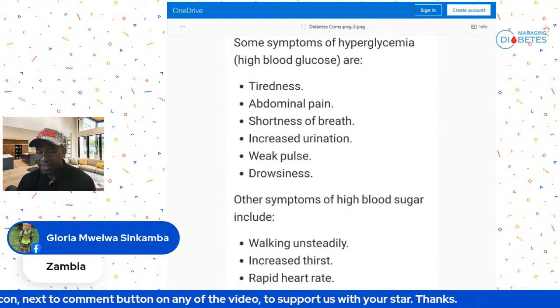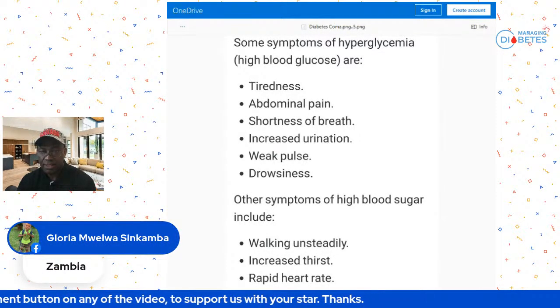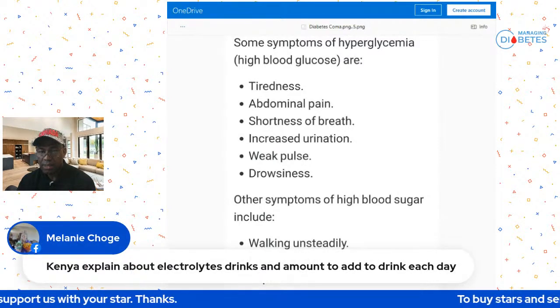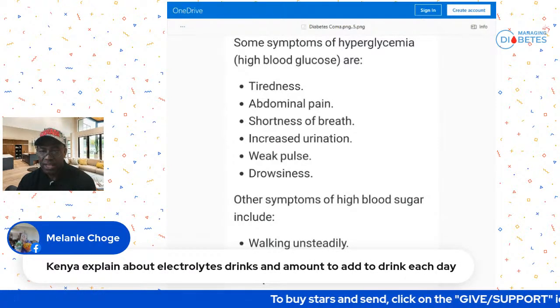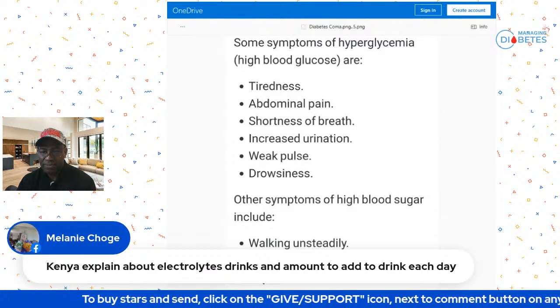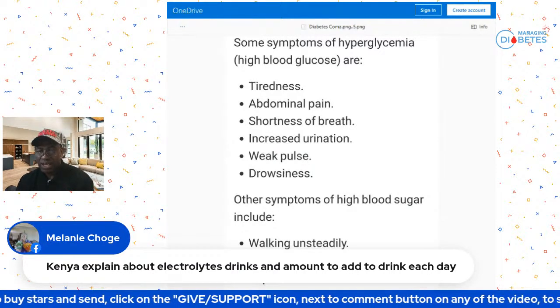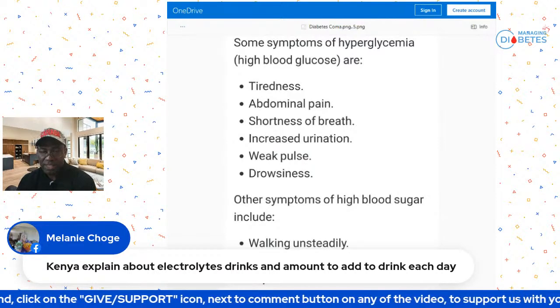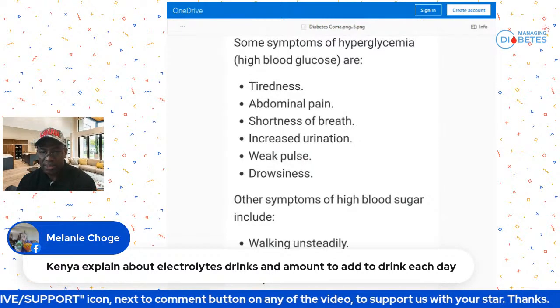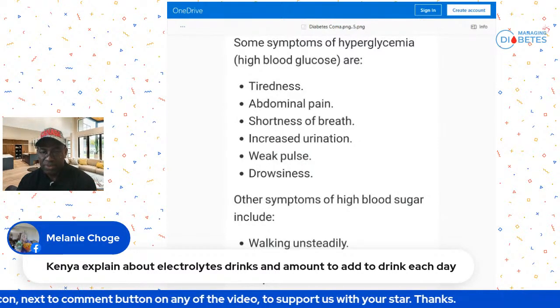Melanie says, can you explain about electrolyte drinks and the amount to drink each day? What you have to understand is that sometimes electrolytes serve as